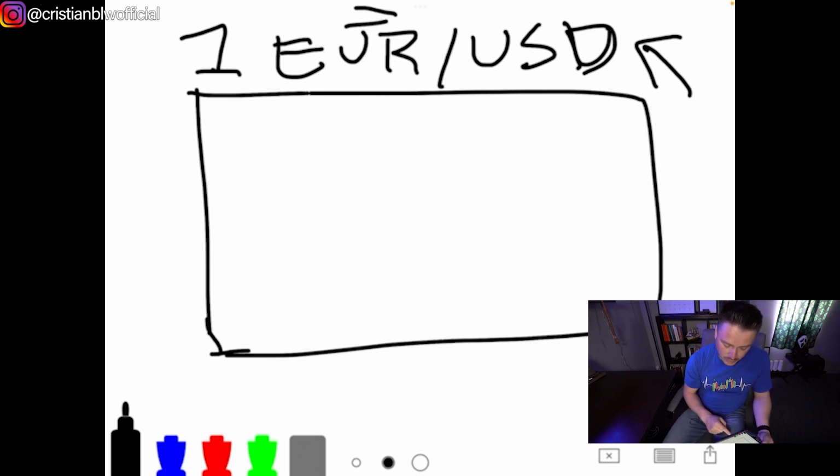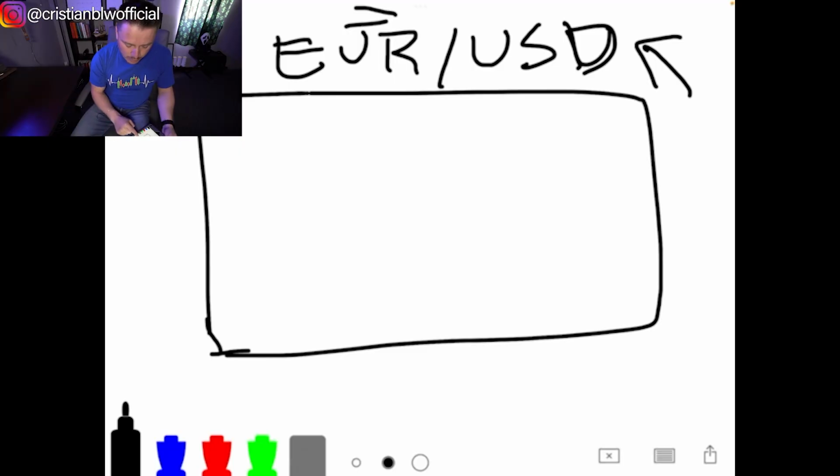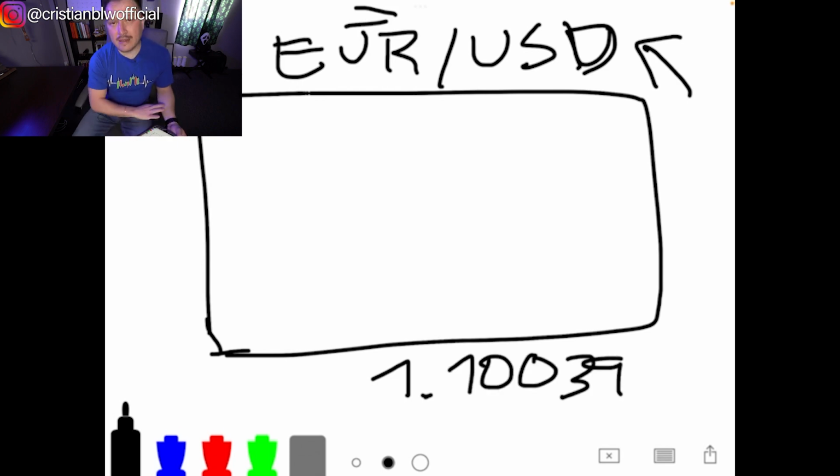So most of the time you're going to see the euro, at least before 2022, worth more than the dollar, then it went down, and now it's pretty much equal. But at some point we were looking at, for instance, 1 euro being 1.10039, whatever. You're going to see this pricing in this section right here. This is what the pricing actually looks like. We're going to jump into the computer and get more details, but this is an overview.